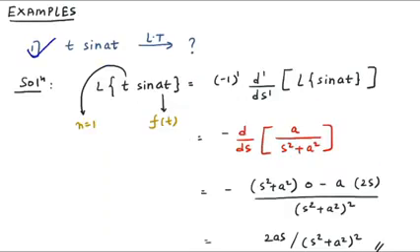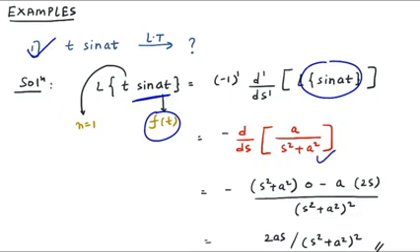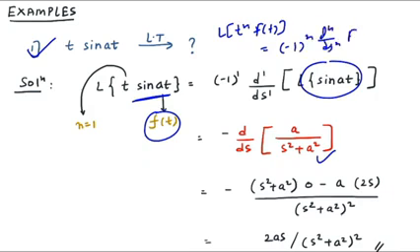So the first example is t into sine at, tell me what would be the Laplace of this function. So Laplace of t into sine at, this is of the form t raised to n into f of t. So first I will take the Laplace of f of t. So Laplace of f of t is what? A upon s square plus a square. Because I know the form is what? Whenever I have Laplace of t raised to n f of t, the Laplace answer would be minus 1 raised to n d raised to n upon d s raised to n capital F of s.